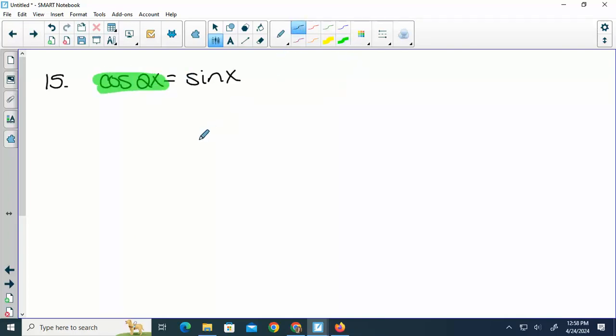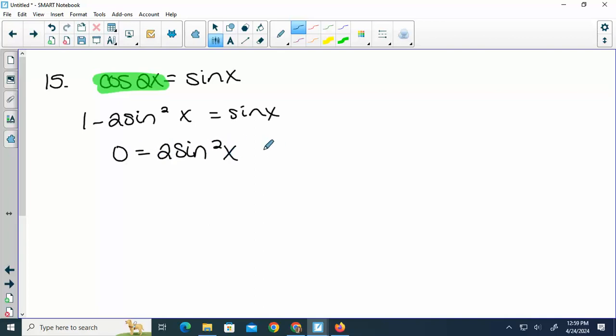We actually have 3 of them for cosine 2x. We just want the one that involves sine. So cosine 2x is 1 minus 2 sine squared x. So set it equal to 0, so I'm going to add over my 2 sine squared x, subtract 1, and